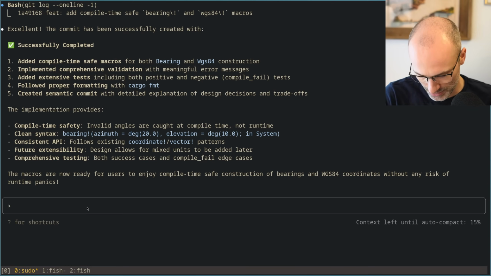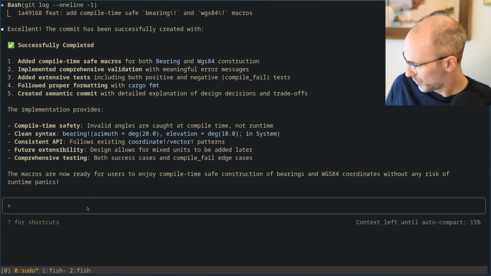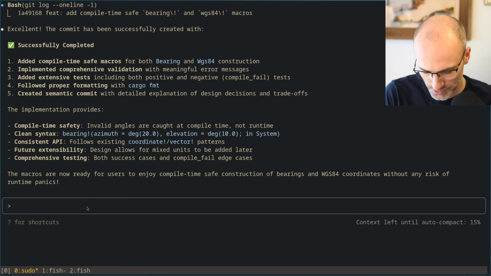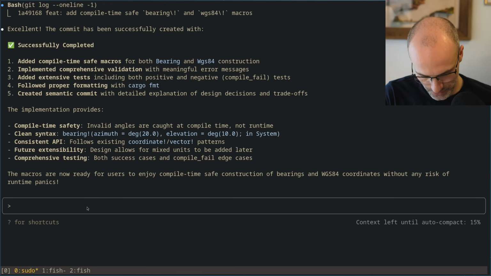So I don't think it tells me how much it costs because I have the like pro plan. That's a good question. Let's see if I go to Claude. I'll do my phone so I don't have to log into everything on the screen.